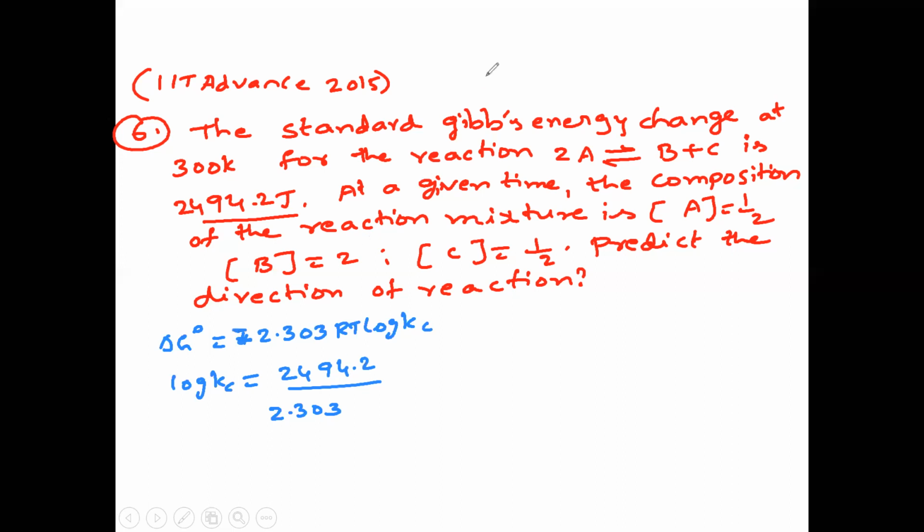So 2.303 with minus sign into R value, 8.314, into T value, 300 kelvins. So this could be equal to 2494.2 divided by 2.303 into 8.314 into 300, that is equal to